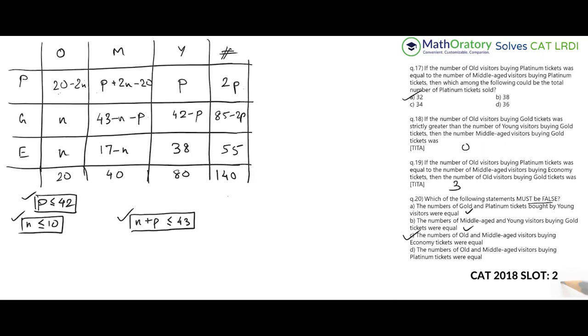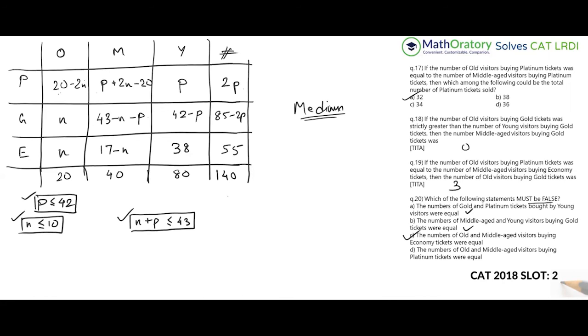I would say medium level of difficulty only because these kind of things you have to do very carefully. While developing the table, you have to be careful about drawing these things properly. If you do that, then it's easy to analyze. There's only two variables. Two variables should never be a problem for you. One variable will never be a problem for you. Even two variables should not be a problem. If there are three or more variables, that becomes a little complicated. So two variables analysis is fine.